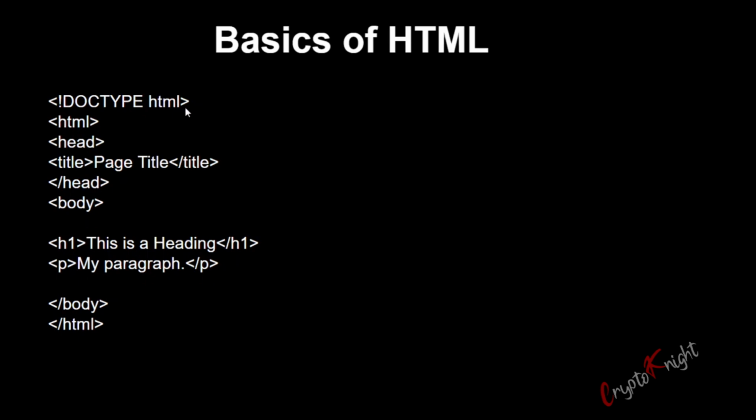So HTML basically uses tags. Now like h1, p and so on, these all are known as tags and each tag has some purpose. So talking about the beginning of the HTML document, <!DOCTYPE html> specifies that it is an HTML5 document. Now the html tag specifies that from here the HTML file is beginning. Now the head tag saves the metadata. For example, here it is title. And obviously, as the name suggests, the title tag specifies the title of the page.